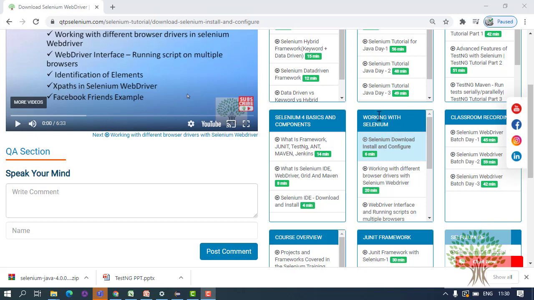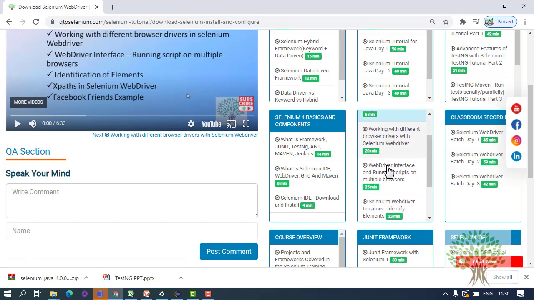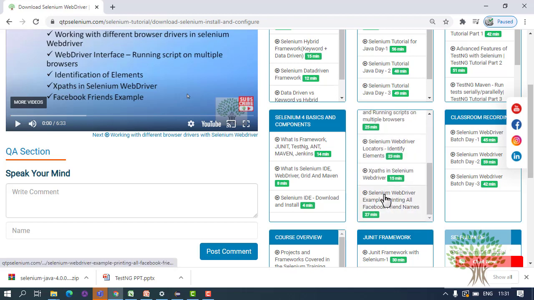Welcome everyone. Let us start with this section, working with Selenium. We'll be looking at downloading and configuring Selenium now. We'll download it manually as well as with Maven. I'll show you both the things. And then gradually we'll see different Selenium commands and writing scripts which can work on different browsers, identification of elements